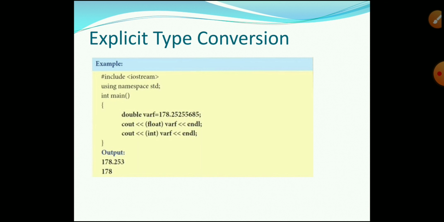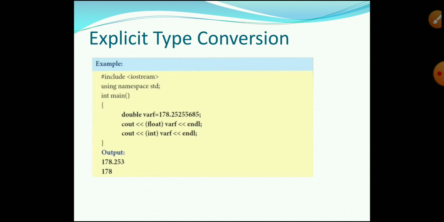Next, before expressions, formatting output. There are different types of formatting output. For formatting output we use the header file, hash include iomanip. It is used to display your C++ program output in a clear and understandable format.